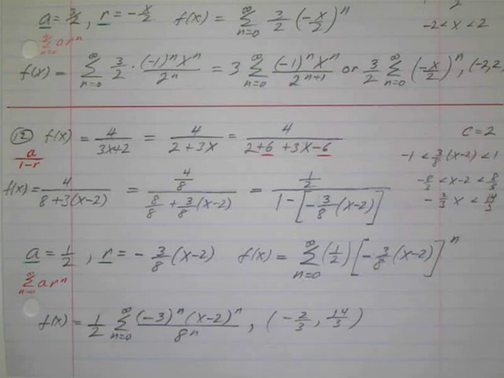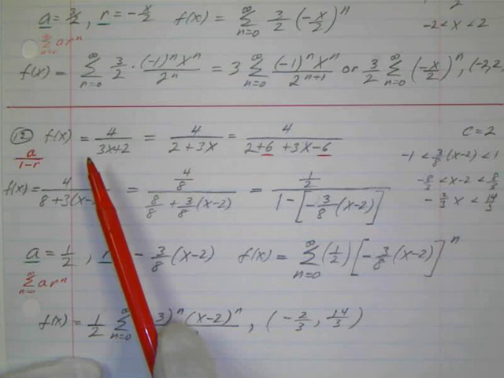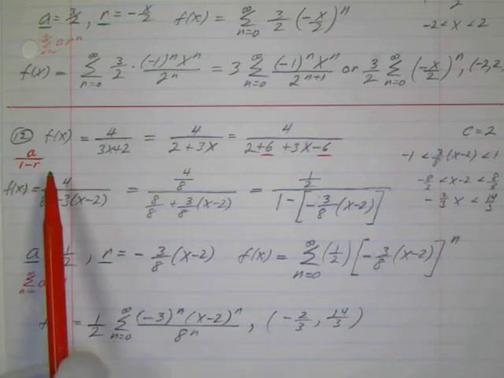There's another problem from the Larsen 8.9 worksheet, and this is number 12. And again, we have our function f of x equals 4 over 3x plus 2, and we want our center to be c equals 2. So what we want to do is, first of all, put the 2 in front so we can start to get it to look more like this form, so we can use a geometric series